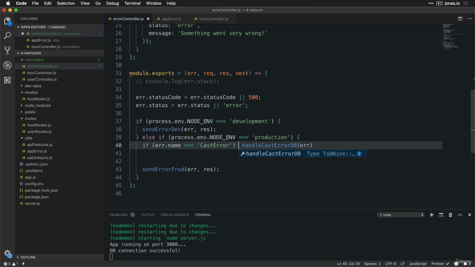And so let's save that. Okay, and so we're saving that in error. Now, it's not a good practice at all to override the arguments of a function. Okay, so error comes from this middleware function, right? So from here. And so instead of doing that,